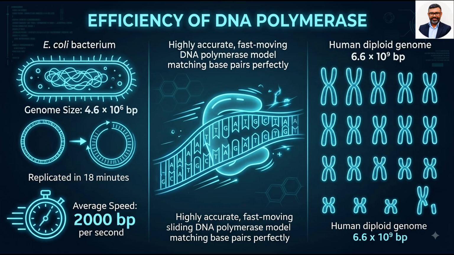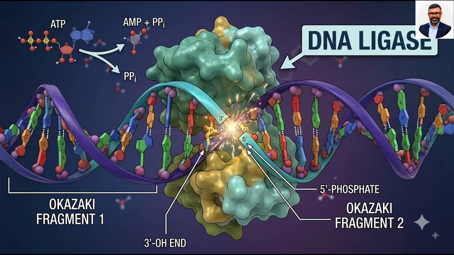Not only do these polymerases have to be fast, but they also have to catalyze the reaction with a high degree of accuracy. Any mistake during replication would result in mutations. Finally, DNA ligase joins adjacent DNA fragments by sealing the breaks in the sugar phosphate backbone, especially between Okazaki fragments